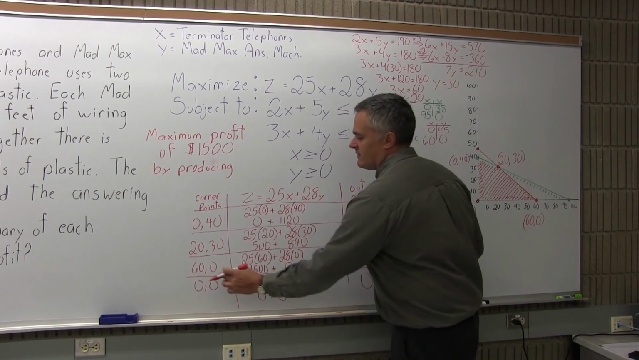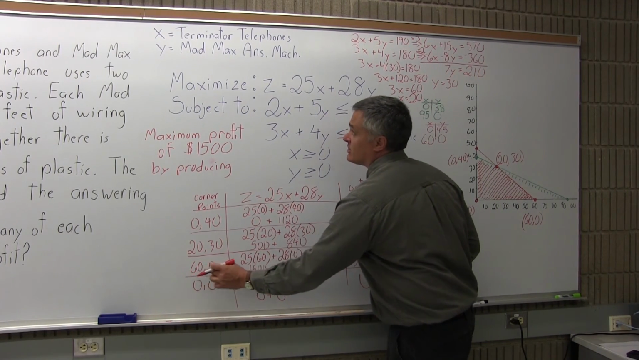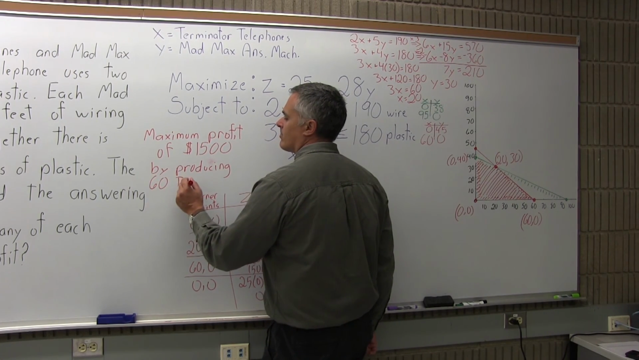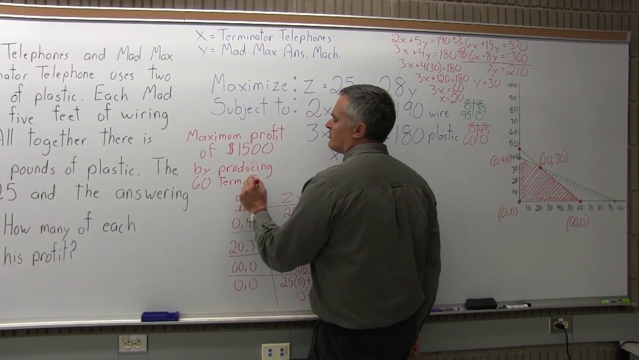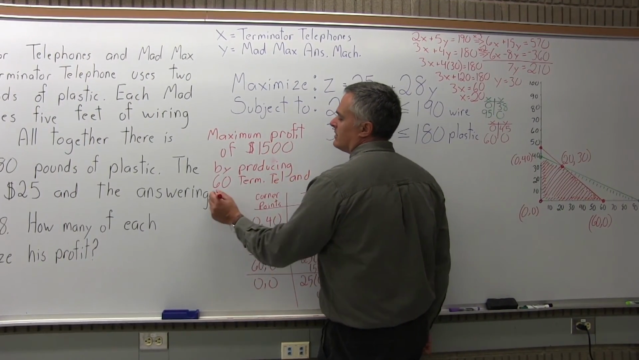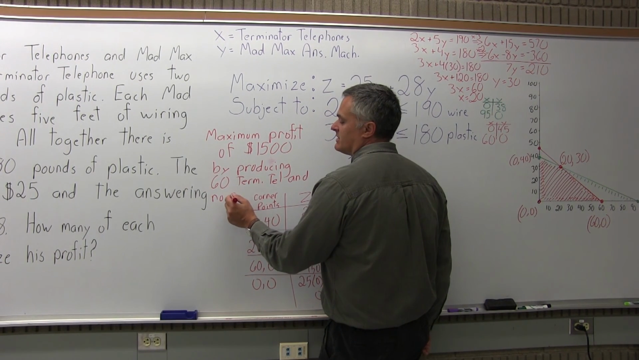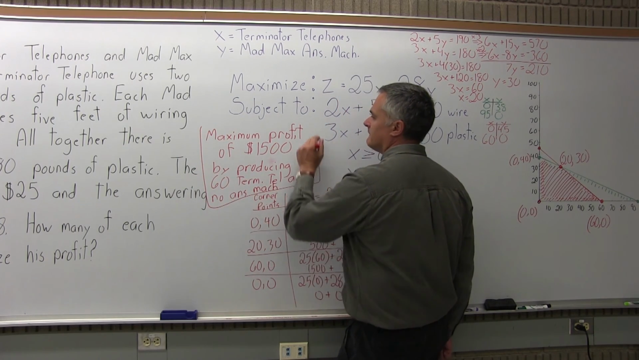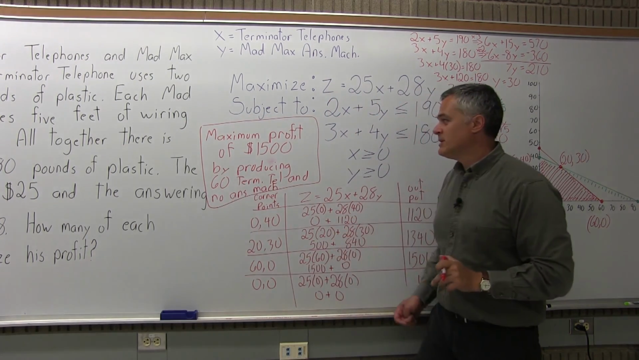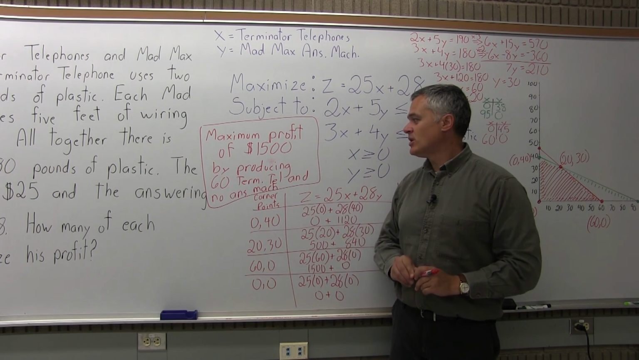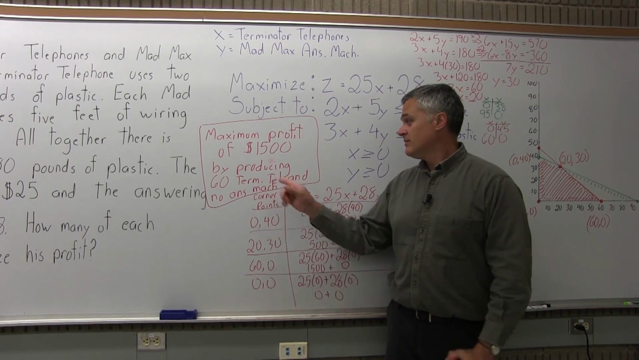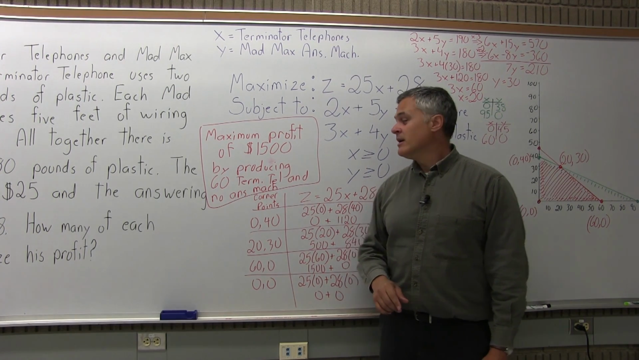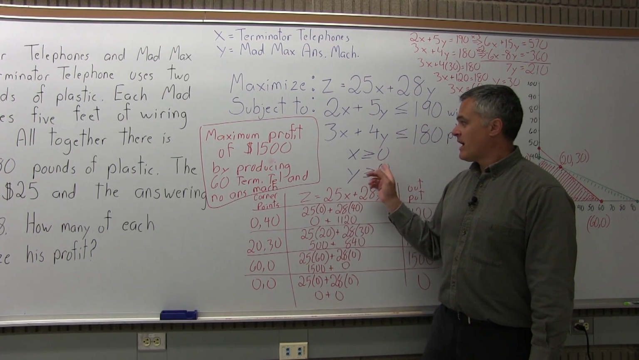So the point that gave me the 1,500 was 60, 0. The x value was 60. So the x is how many terminator telephones. So 60 terminator telephones, which I'll abbreviate a little bit, and no answering machines, 0 answering machines. So the end of this big problem is you can make a maximum profit of $1,500 by producing basically only telephones until you run out of resources. You'd eventually get this by some trial and error, but using the method of drawing the graph and finding the corner points,